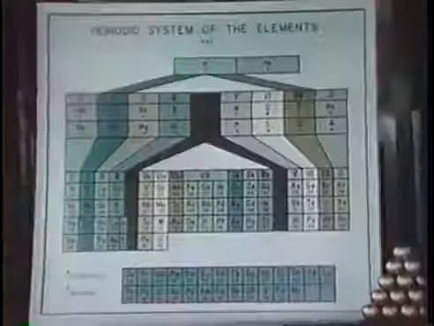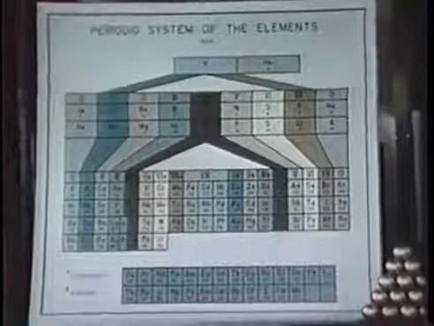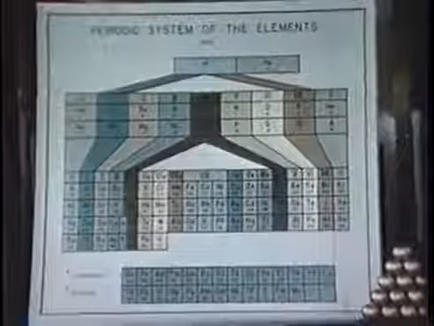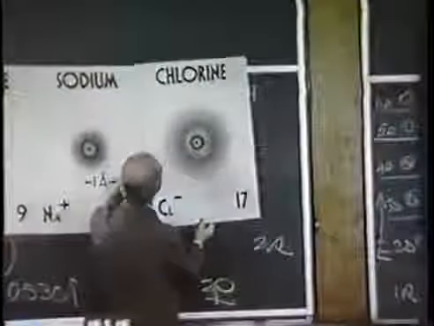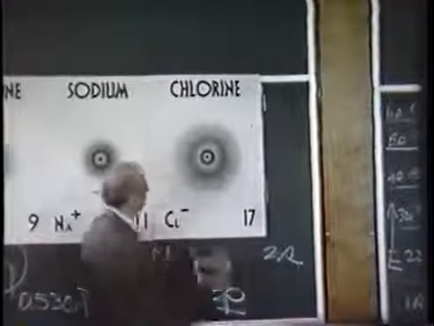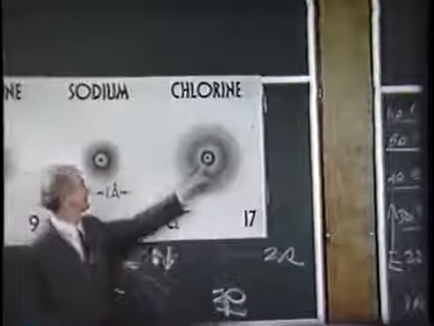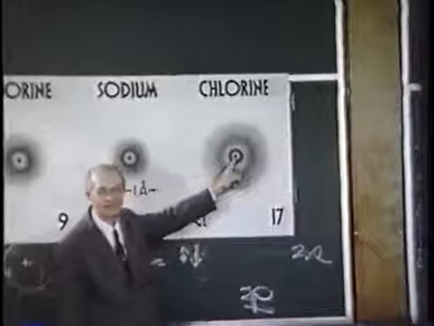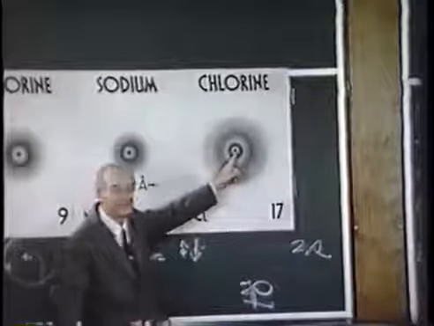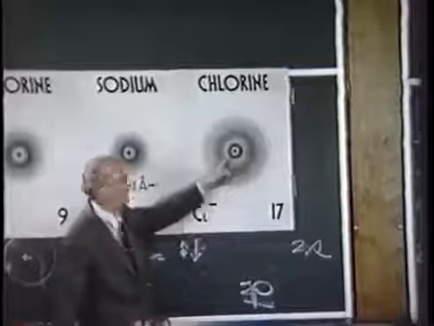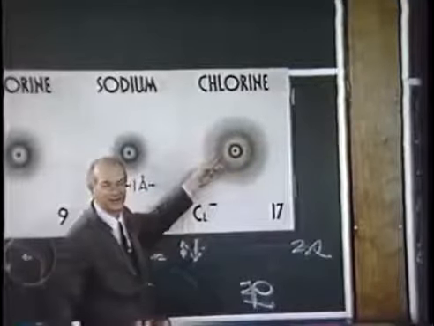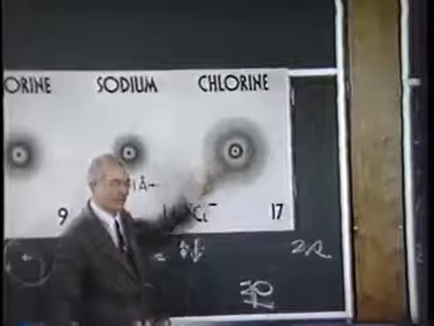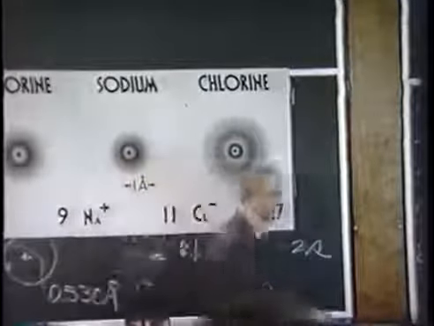From sodium, we continue across the first short period of the periodic table to chlorine, which is just 1 short of argon. The chlorine atom picks up an electron easily to form the chloride ion. And the structure of the chloride ion is as indicated here. 2 electrons in the K shell, the helium shell, then 8 in the neon shell, and 8 more in the argon shell, giving the ion with 1 negative charge.